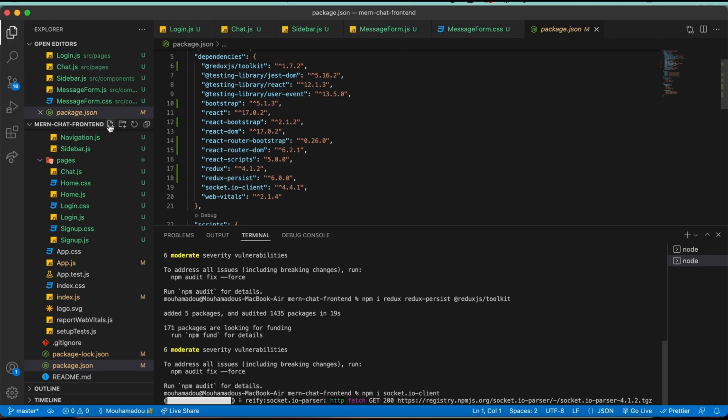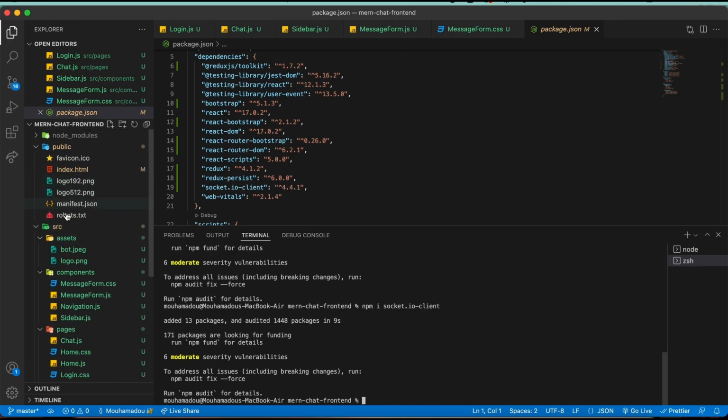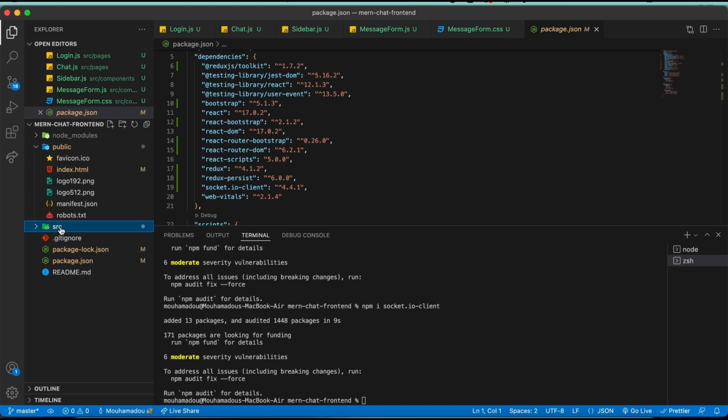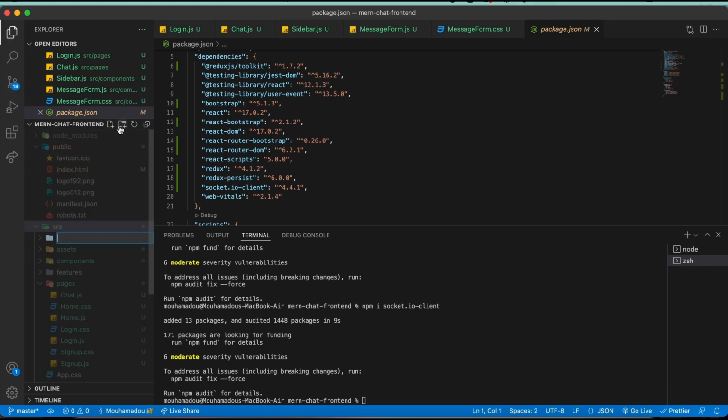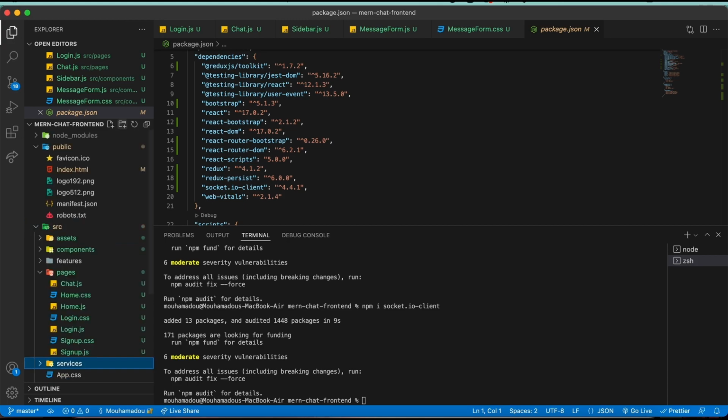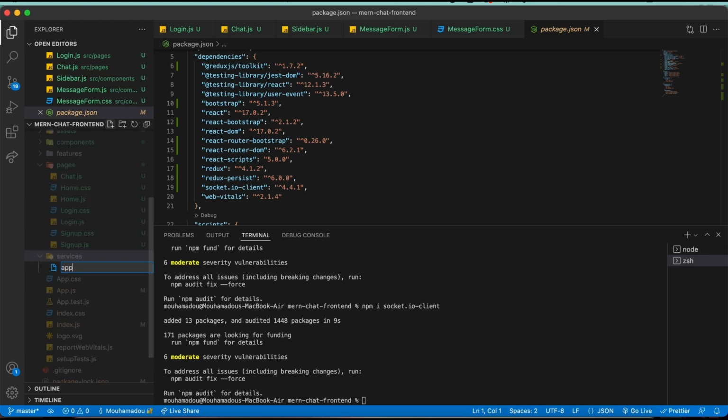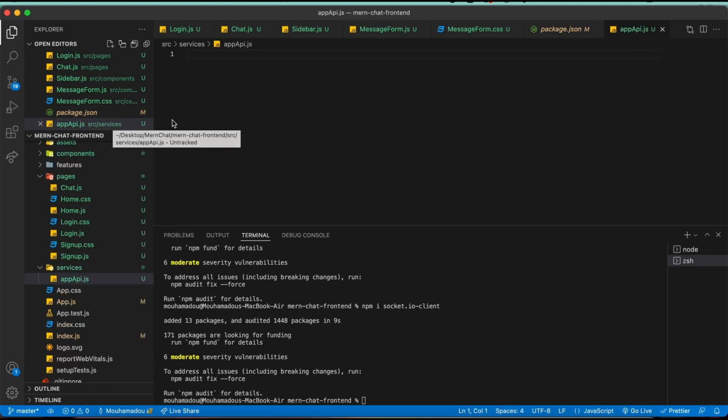So now if you go to src, in the src we'll create a new folder and we'll call it features, and another one still in the src, we'll call it services. Alright, so the services is where we'll have our app API, so appAPI.js, and this is where we'll need to import